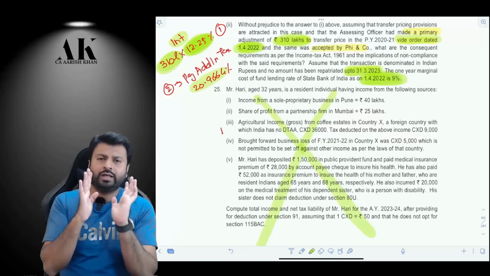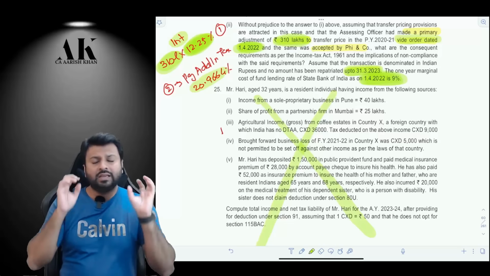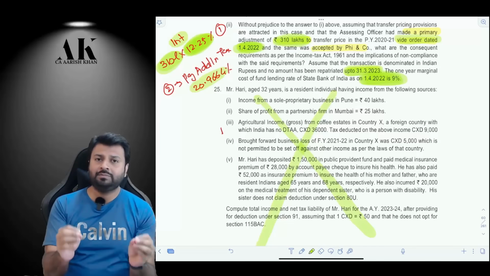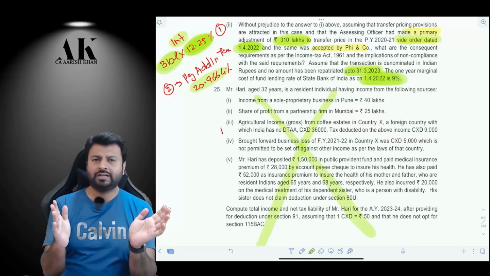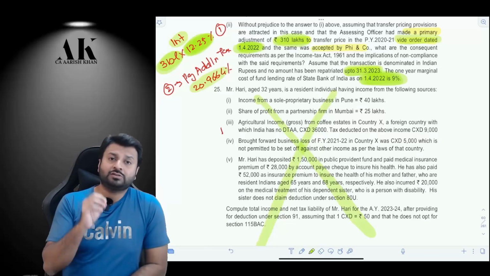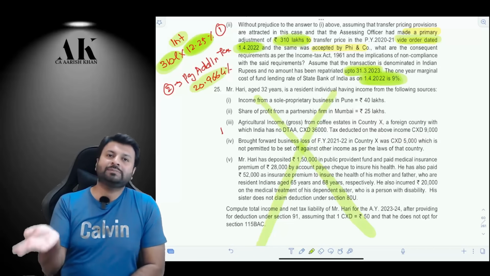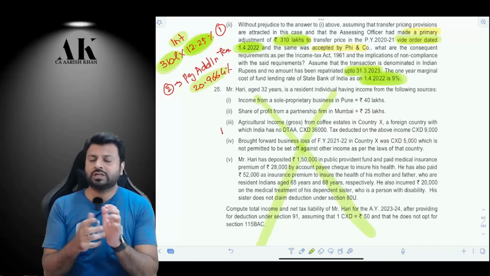In 2 days I'll upload the MTP videos, and in another 2 to 3 days I will also upload the past papers. If time does not permit, at least see RTPs and MTPs, if you don't have time to see the past papers. Past papers can be ignored, but at least RTPs and MTPs have to be seen, because questions might repeat from these. There are high chances. From past papers, the questions might not repeat in the same form. They might change the portion and then ask.